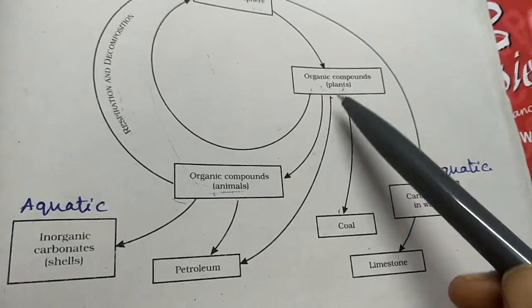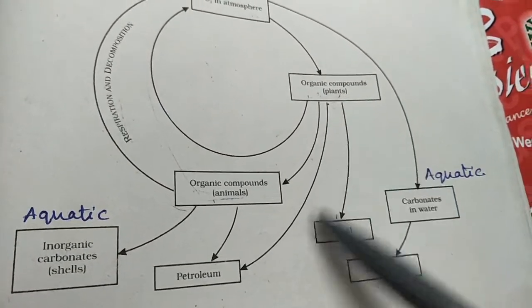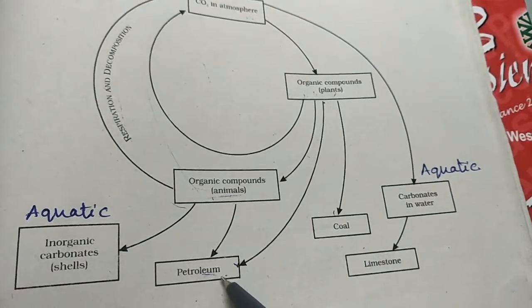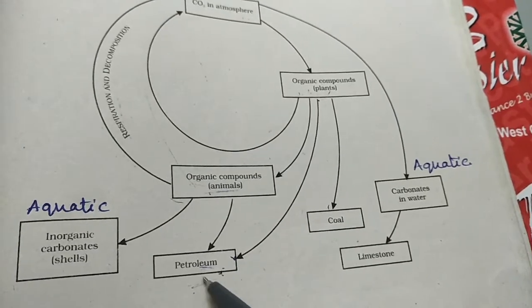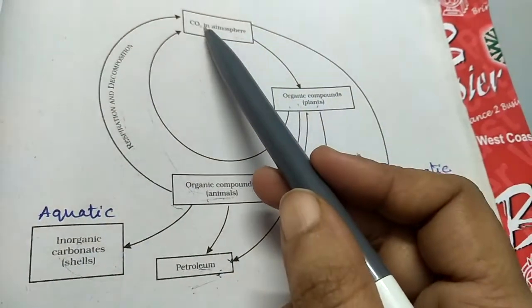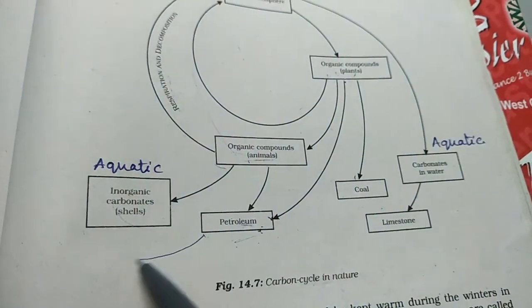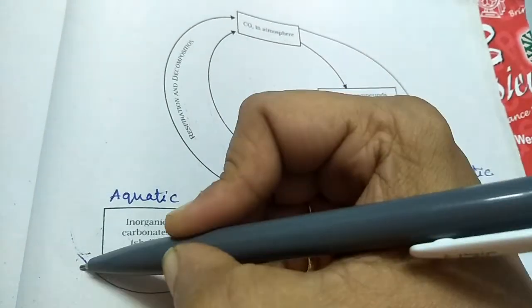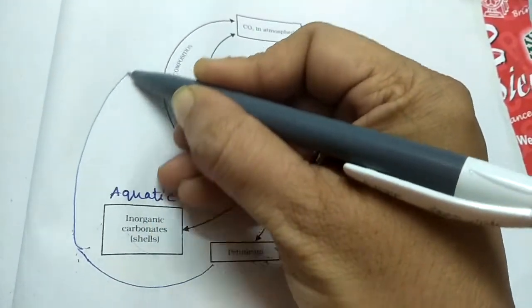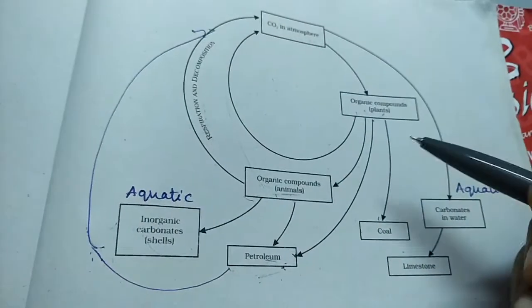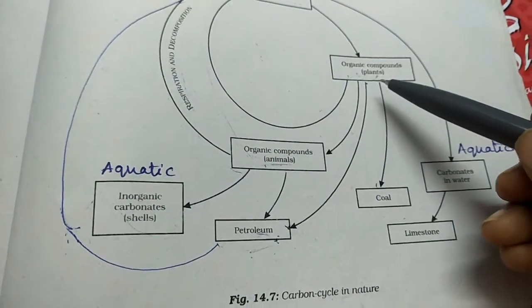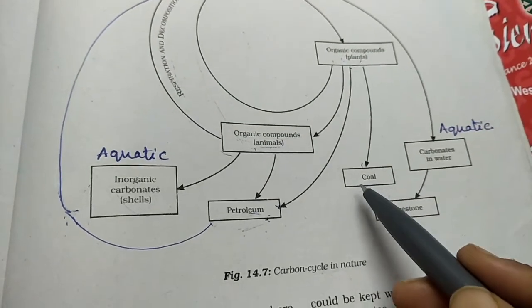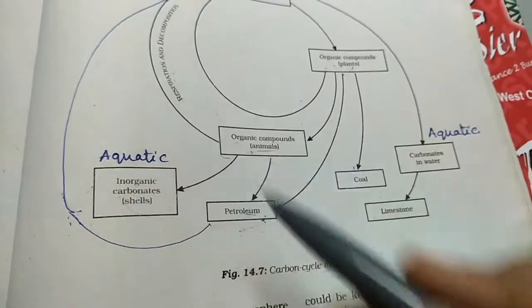Now in the third cycle, from plants you get petroleum products. Here the petroleum products end the cycle, and when the products are burned, the carbon goes back to the atmosphere in the form of carbon dioxide. So that is the next cycle. The fourth one is again from plants, where you get coal also. When you burn the coal, again it goes back to the atmosphere.